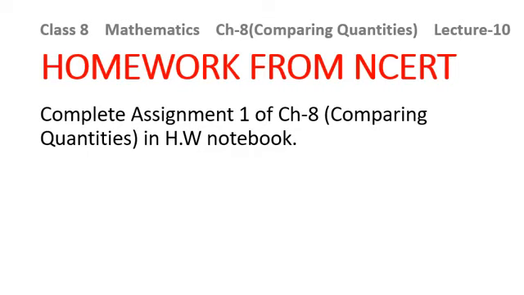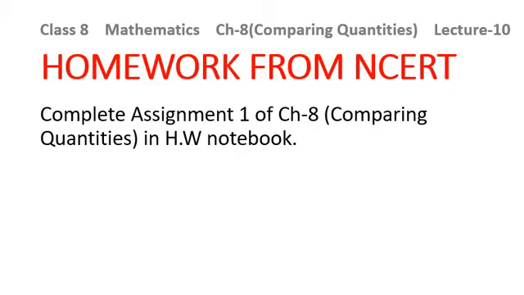So in this lecture, we have discussed the various terms related to SI and CI. We have learnt about principal. What is principal? The money borrowed, lent or invested is called principal. We have learnt the definition of interest. The additional money paid by the borrower to the money lender in lieu of the money used is called interest. Then we have read about amount. The total money paid by the borrower to the money lender is called amount. Likewise, we have learned about rate and time.